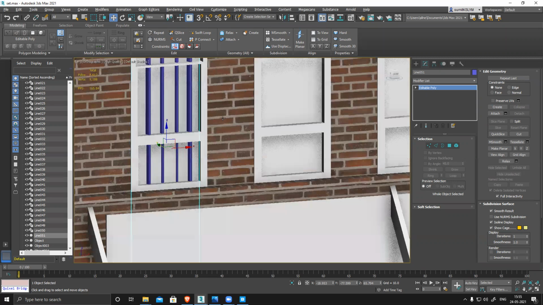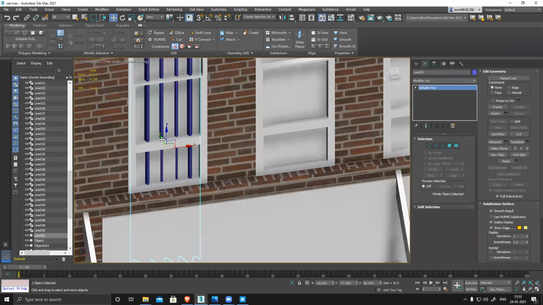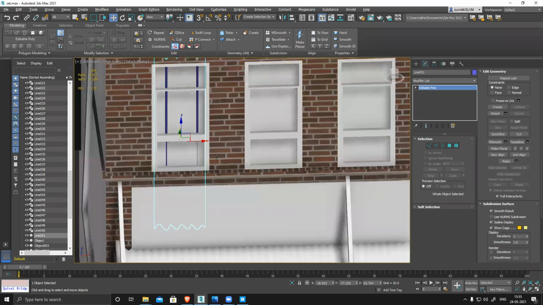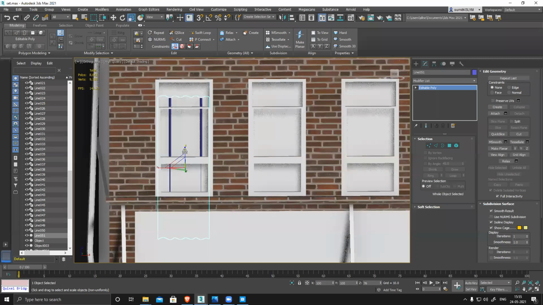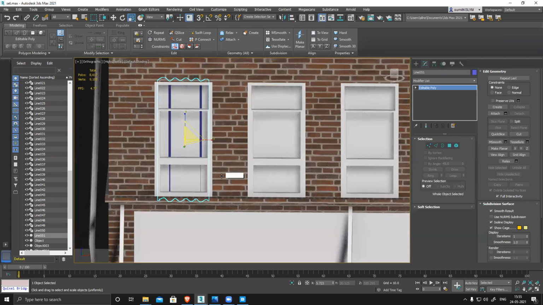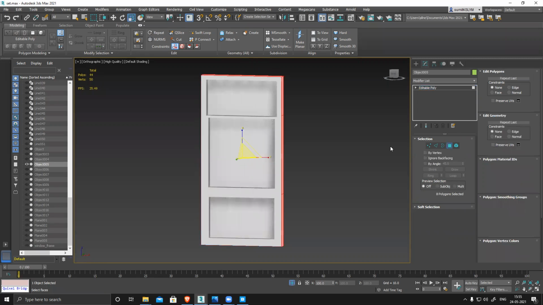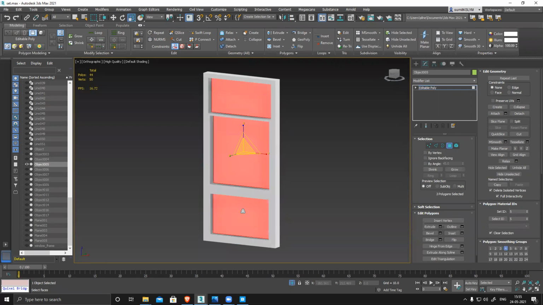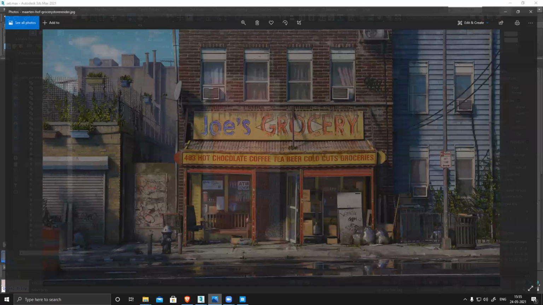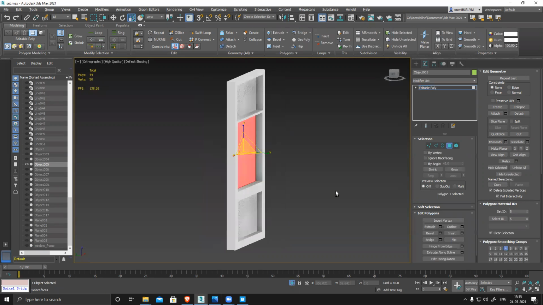I have to push that wall slightly extra. And then I can just modify this thing. Let's see this one. Okay, this particular section. Only middle one. This one supposed to be glass.